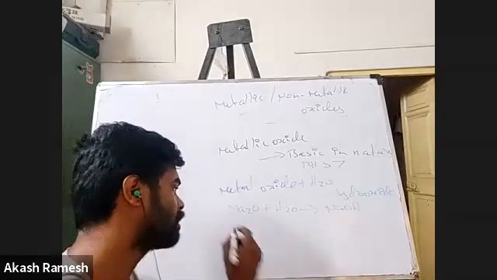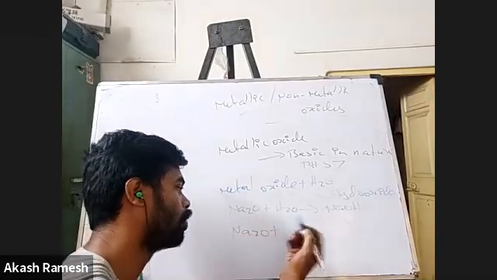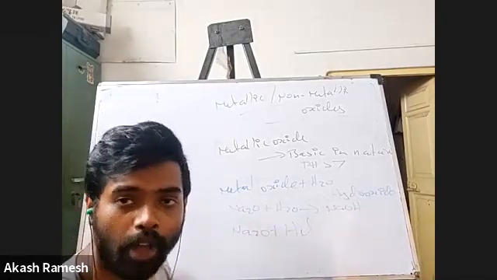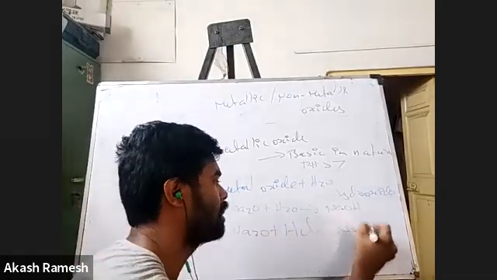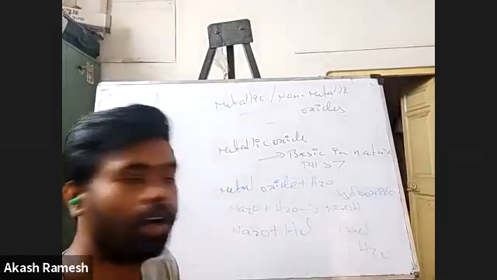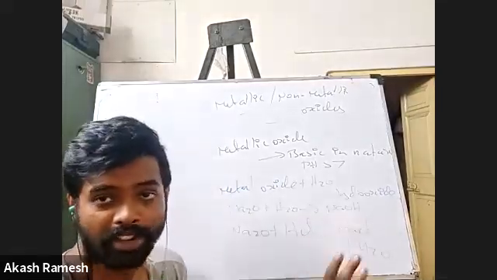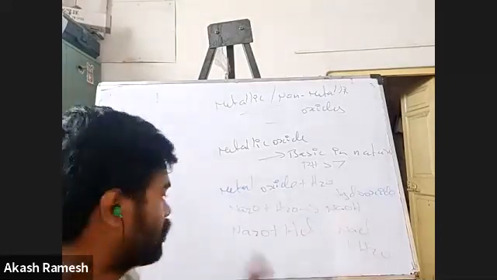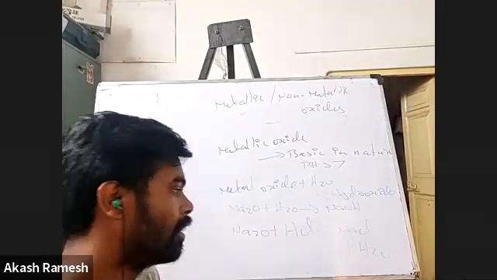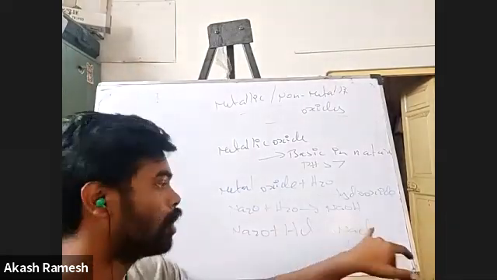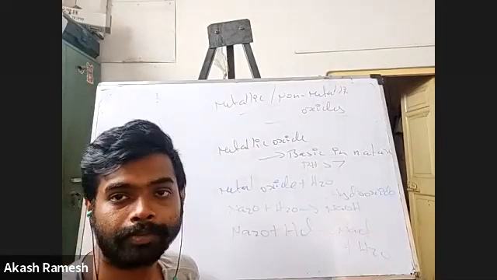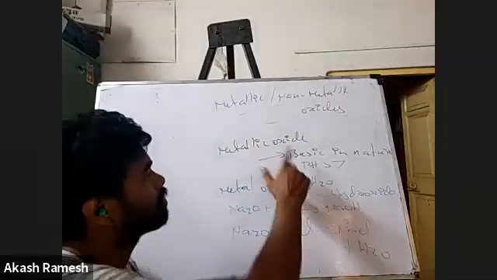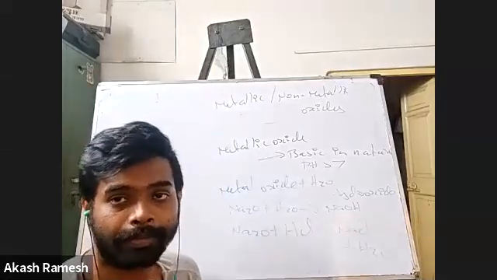And they do this. For example, if you react Na2O with HCl acid, they're actually going to form salt and water. Very simple. NaCl plus H2O is going to get formed. Obviously, you have to balance the reaction, guys. Don't forget it. You have to balance all the reactions. So Na2O reacting with HCl, this is a base reacting with acid to form salt and water. So these two reactions which you saw now prove that metallic oxides are basic in nature.